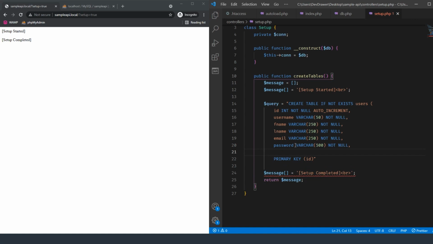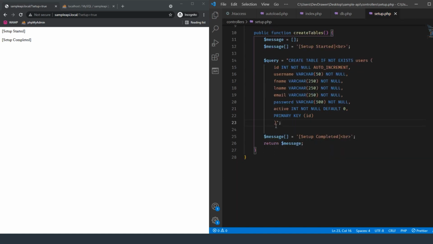And then finally, let's add active and make it an integer, not null, have it default at 0. So that should give us the primary information we need for our table. Let's close it out, and we have our query now. If we come down here, let's go ahead and create our statement. So we're going to do statement equals this